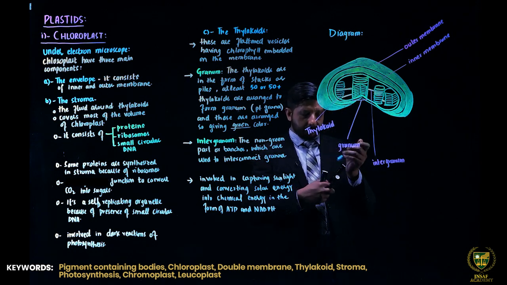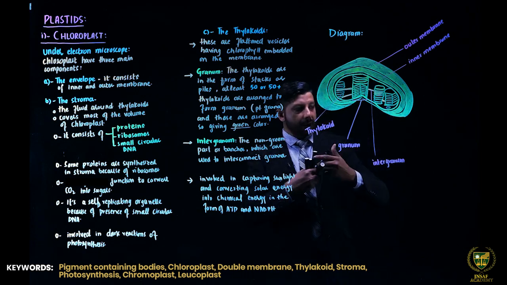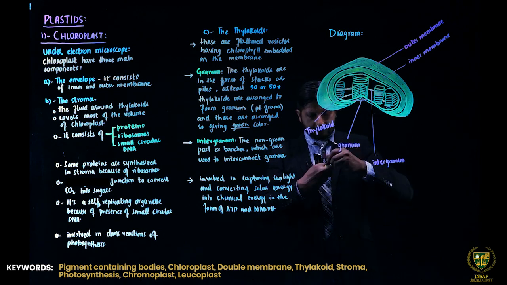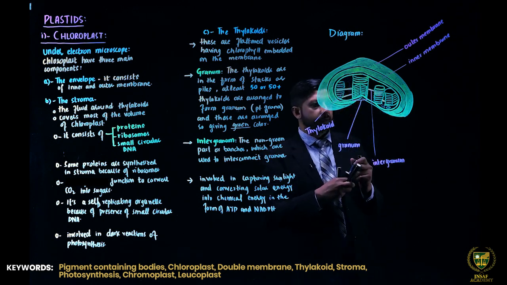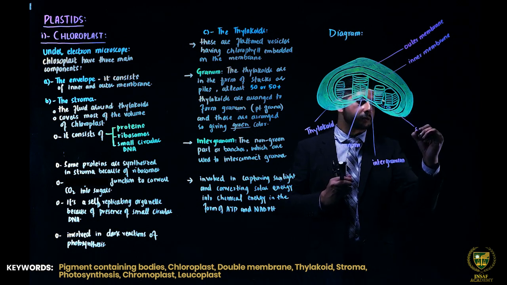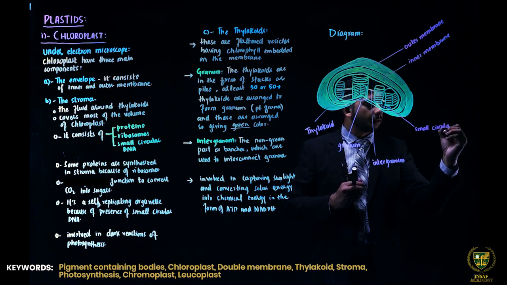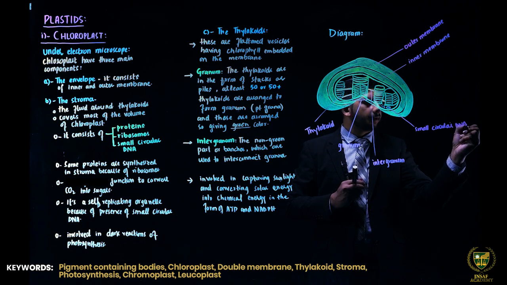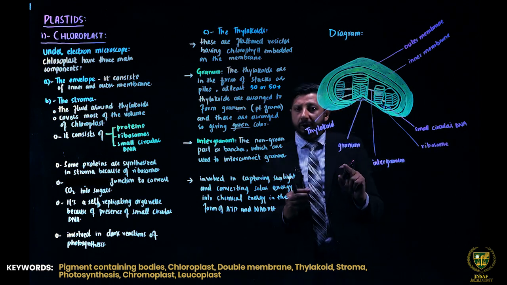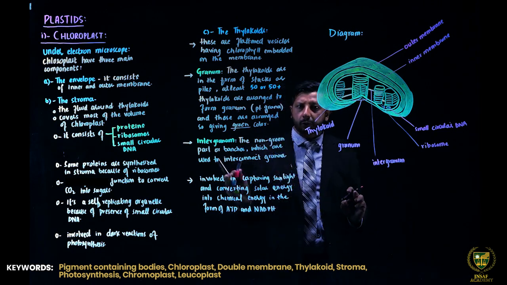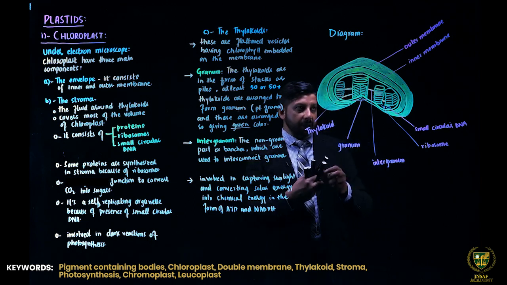and here is circular DNA along with some ribosomes. This is small circular DNA, and these are ribosomes. तो ये सेकंड ऑर्गेनल है जो हम पढ़ रहे हैं जिसके पास अपना डीएनए मौजूद है। The first was the mitochondria, the second was the chloroplast and the plastids. Okay, so this is the structure of